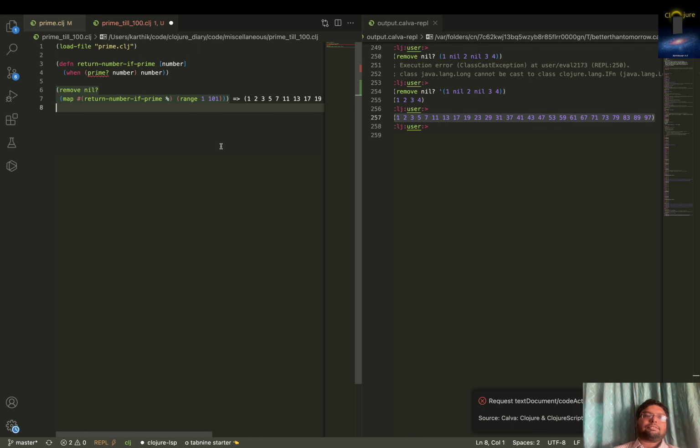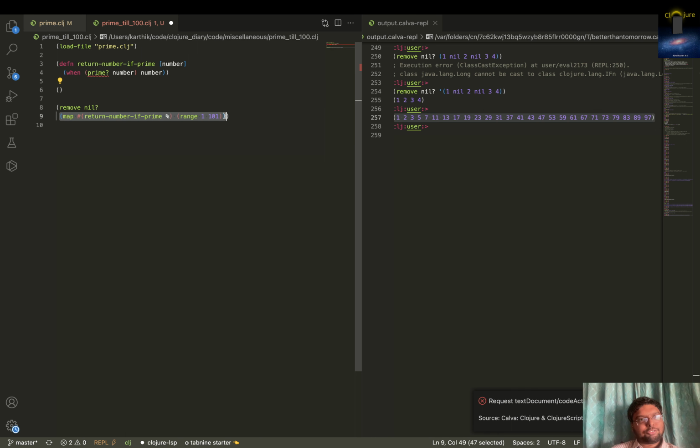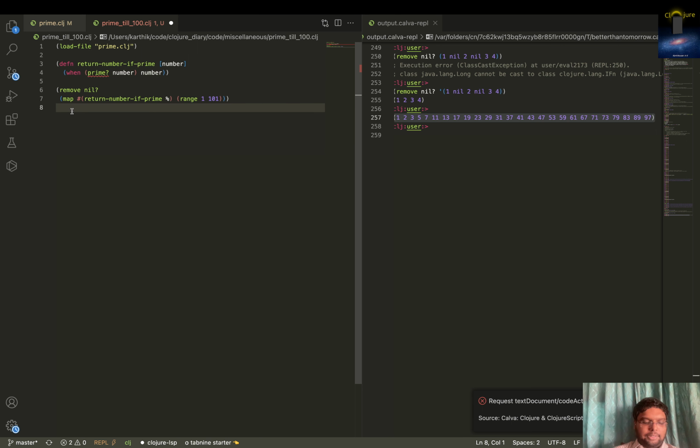So you can still refactor more. Can we put this entire thing into a function or something like that? No, no, I just don't want to do it. I don't get a good name for this one, so I don't know. So yeah, this is how you find primes